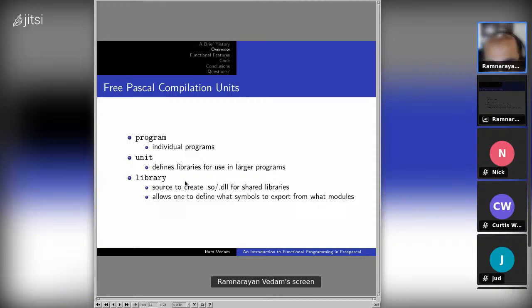The third unit is more for operating with the external world, specifically the C world. So if you want to interact and use your Free Pascal libraries with C or C++, you can use library units to create shared objects or DLLs, and define what symbols to export from those units or those modules that you're defining.